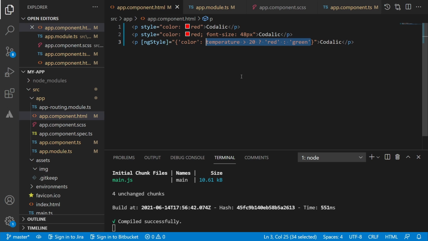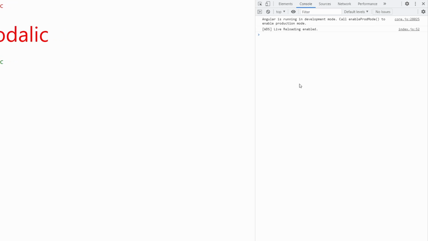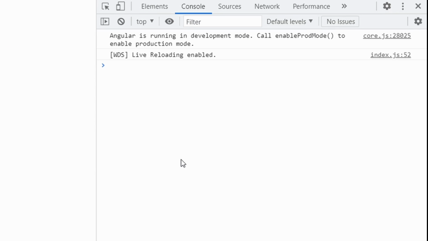Now in case you don't know how ternary operator works, let me show you a quick example of ternary operator in our browser console. So the syntax of a ternary operator is you will have a condition that is boolean value, let's say true, then a question mark. The left hand side of the question mark should have a boolean value or a condition which evaluates to a boolean value. Then in the right hand side you can have two values, let's say first, and separated with a colon you will have one more value, let's say second.